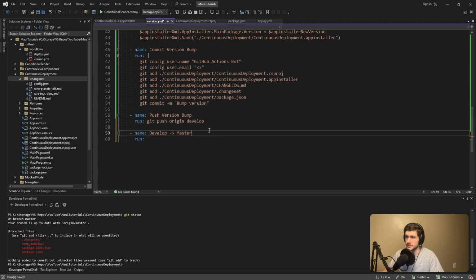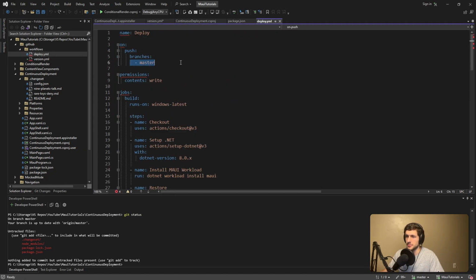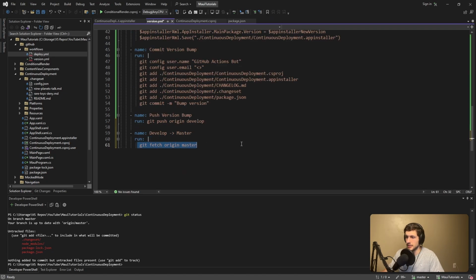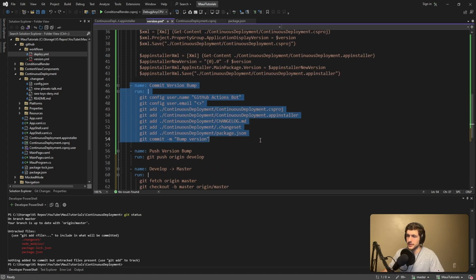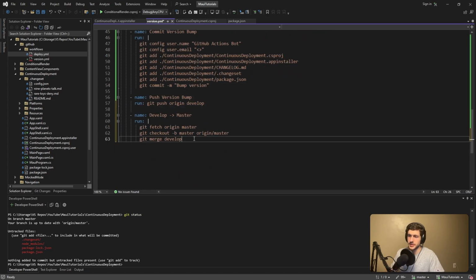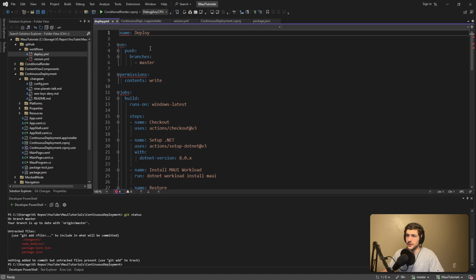merging these changes on develop into master, which is going to kick off our deploy workflow. So we're going to pull the latest changes on master, check out a local master branch from the latest changes on master from our repo, and then we're going to merge in basically everything from develop. So all of our changes and then the latest version bump that we just did. So basically cutting everything that needs to be released. And then we're going to push these changes up to master, which is going to kick off, again, our deploy